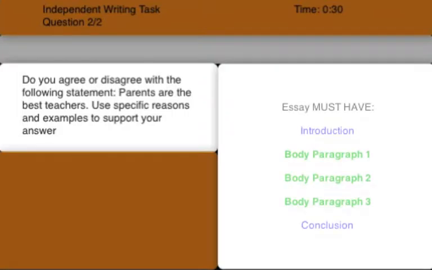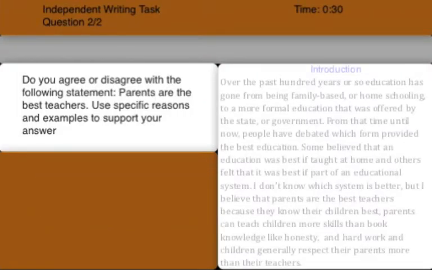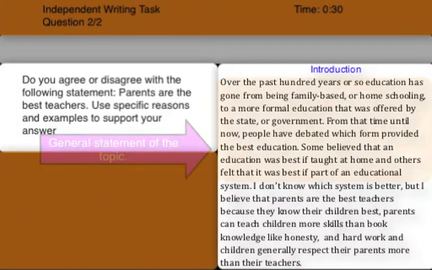After you have written your outline, you can begin to write your essay. Your essay should begin with an introduction, have one body paragraph for each idea you discuss, and have a conclusion. If you have 3 body paragraphs that are properly supported, an introduction, and a conclusion, you will have 300 words easy. The introduction needs to answer the prompt in the thesis statement and begin with a general statement of the